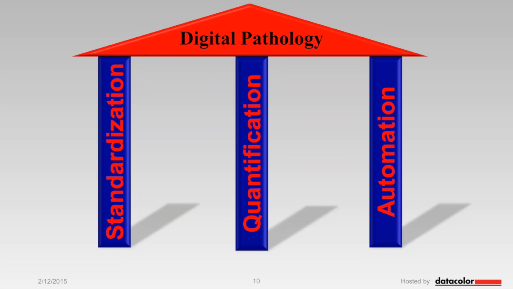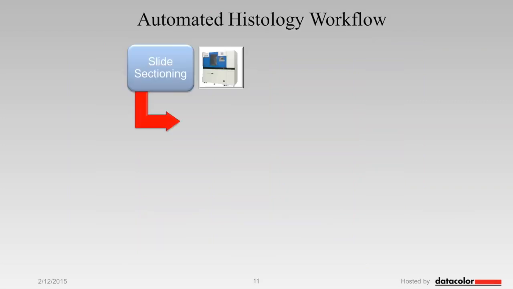Now, digital pathology rests on 3 pillars, and all of them are equally important, but I think quantification is the main key here. So we have standardization, quantification, and automation. And all of them are kind of tied together in the lab environment. And if you look at quantification, for example, at the TPL here, we have managed to automate the entire histology